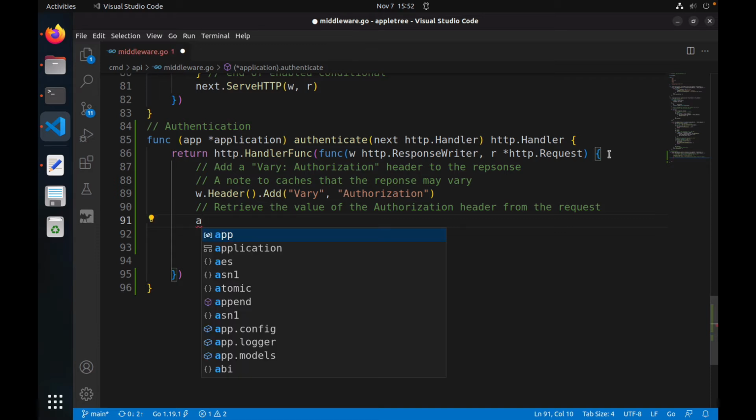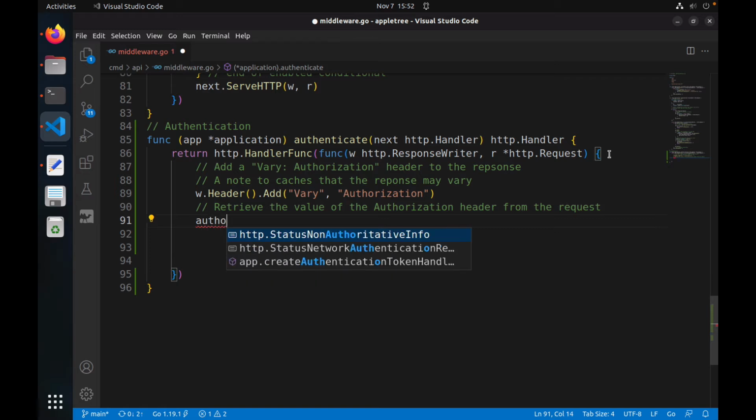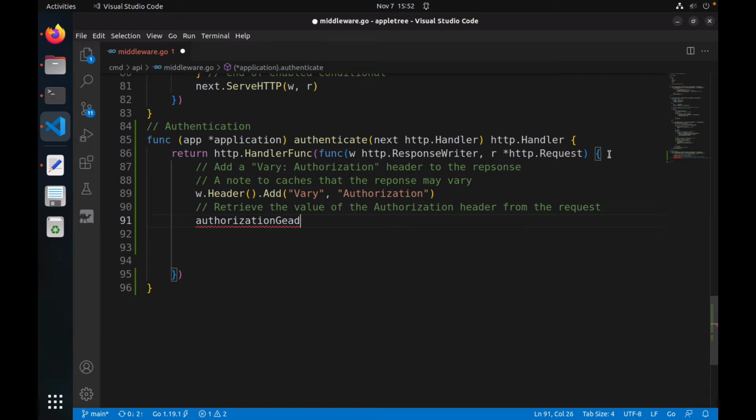So let's just say authorization header will be what we get from our header that gets, and what value do we want to get? We want to get the value corresponding to authorization. Okay. If there is no such value corresponding to this authorization key, then it will return an empty string. Okay. So what I'm going to do now, if no authorization found,